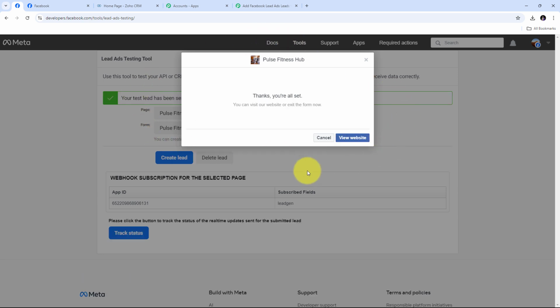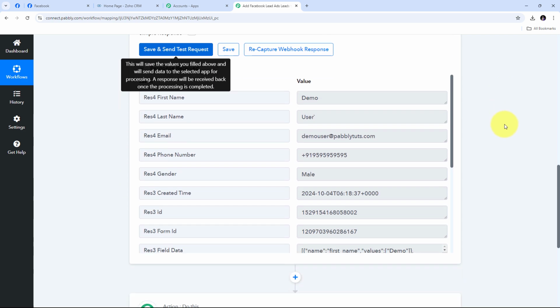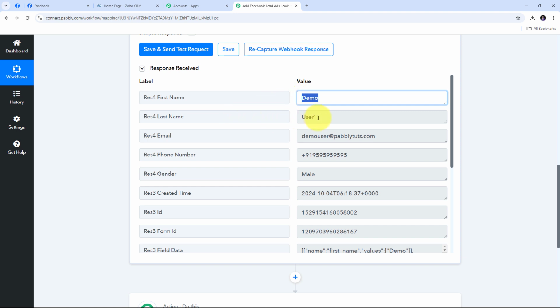Now here I have successfully created this lead, and I have generated this lead by filling out this lead generation form. Now I'm going to take you back to Pabbly Connect, and here in Pabbly Connect we can see I have received this response. So here I have the first name of my lead, that is demo. I have the last name, that is user. I have the email address, that is